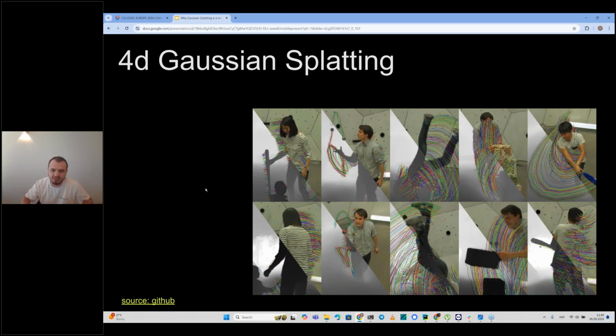So Gaussian splatting with time condition models the actual behavior of matter.